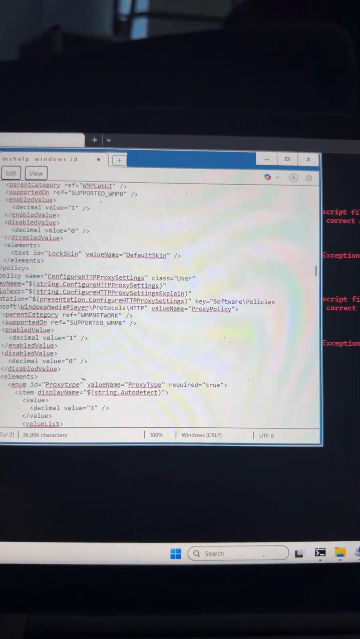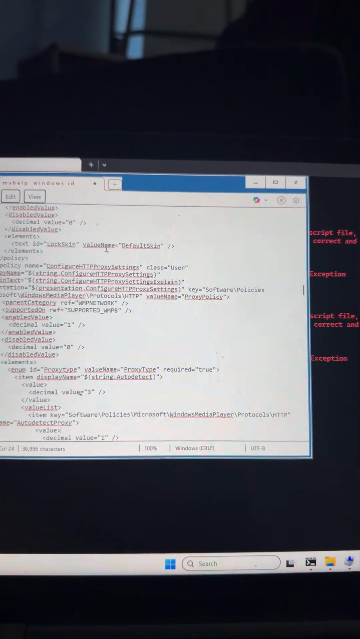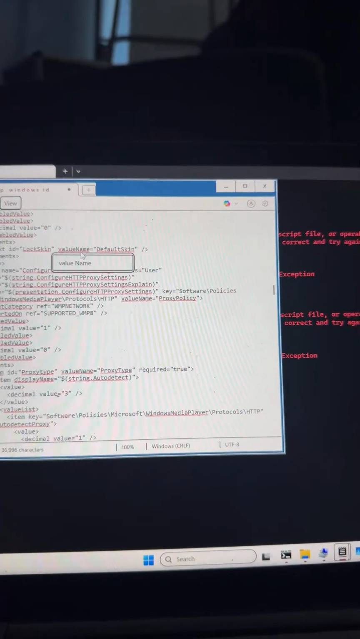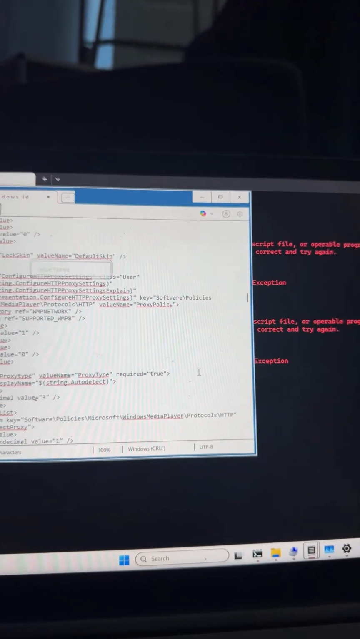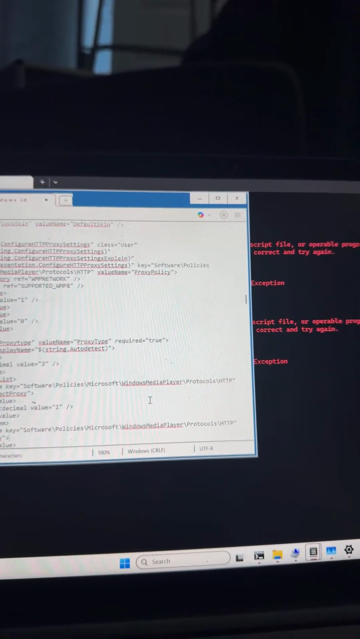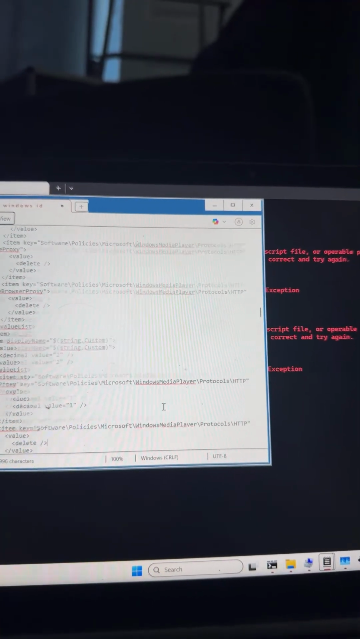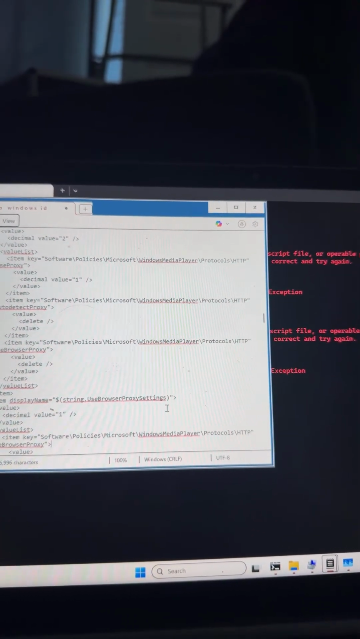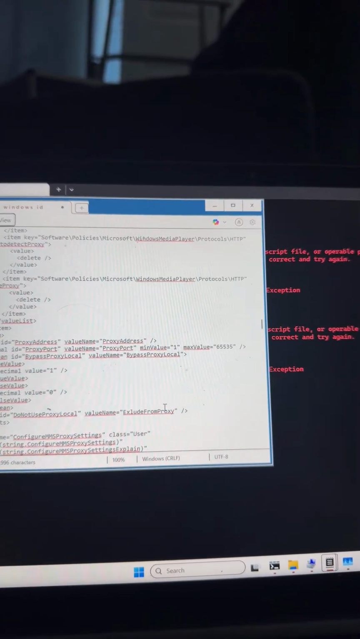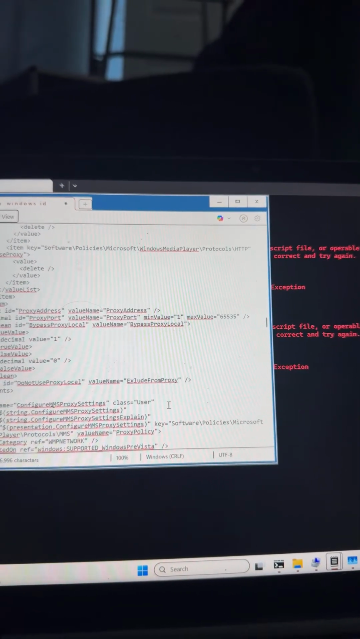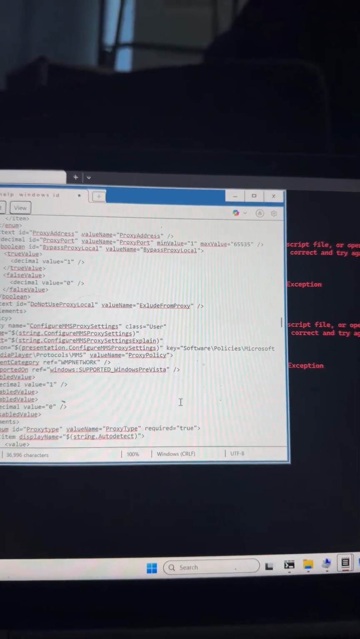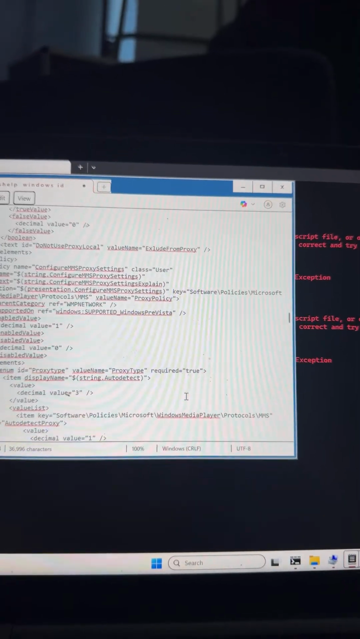Configure HTTP proxy settings. And then it has them configure proxy type, and it goes through the Windows Media Player. Then it says down here, oh, is it going to go down for me? Come on. There you go. Then it says down here, display name, use browser proxy settings, and it has them set a proxy address using a bypass local proxy. Do not use local proxy. Exclude from proxy list. Configure MMS proxy settings